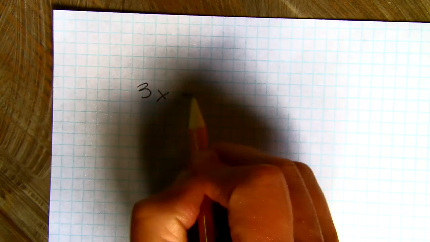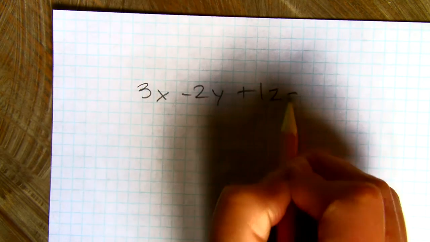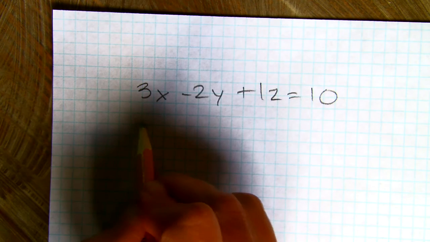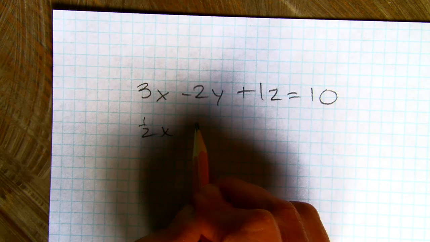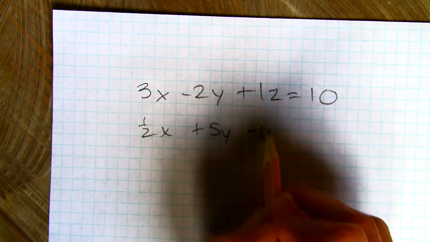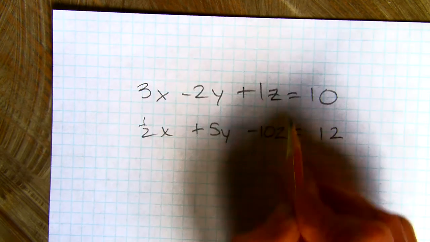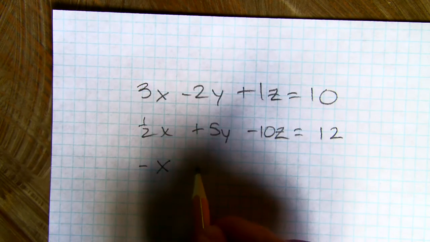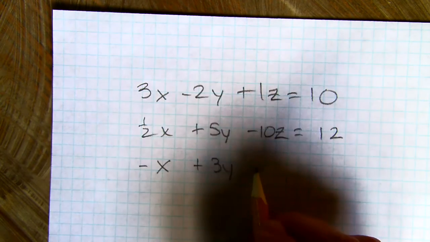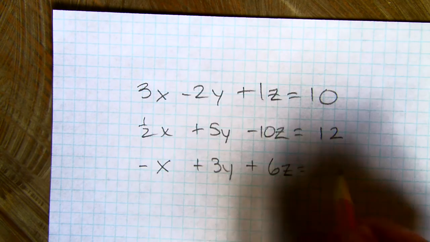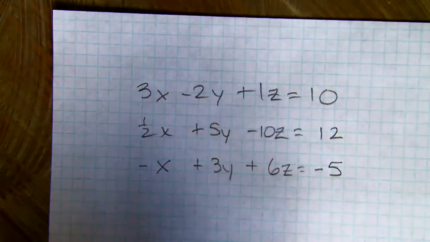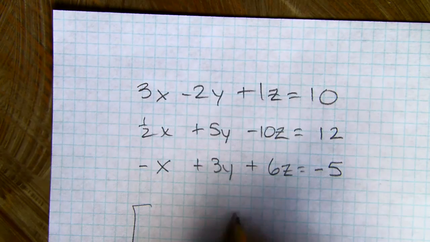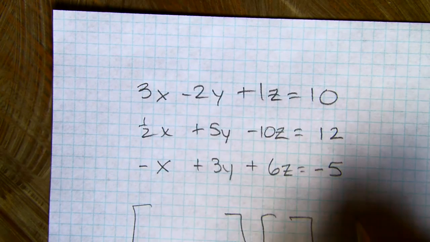So you can imagine if you had a 3-variable system, for example, if you had 3x minus 2y plus 1z equals 10, and 1/2 x plus 5y minus 10z equal 12, and negative x plus 3y plus 6z equaled negative 5. If you had a system like that, it'd be very easy to set it up